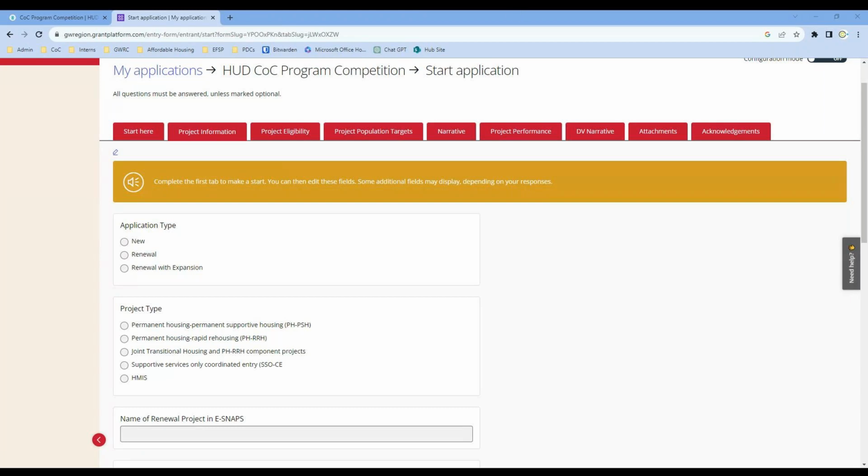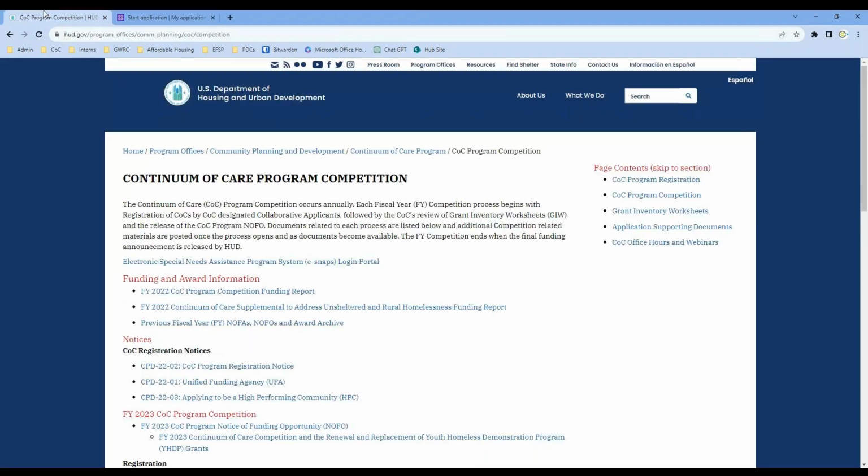All right. So rather than walk through, while I'm on the screen, let me show you where some of the resources are for HUD. HUD has a continual care competition page on their website. This is linked in the NOFA, so please utilize this page for any questions about the project.